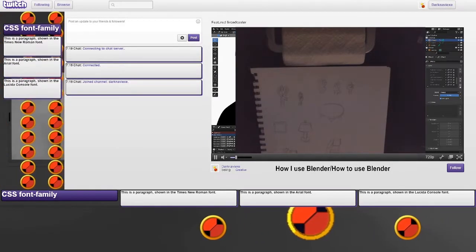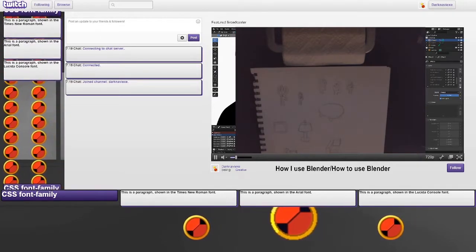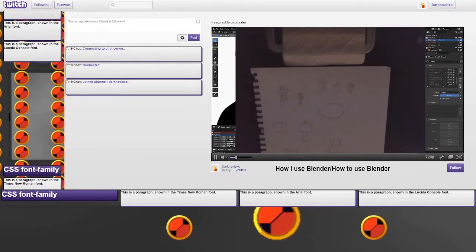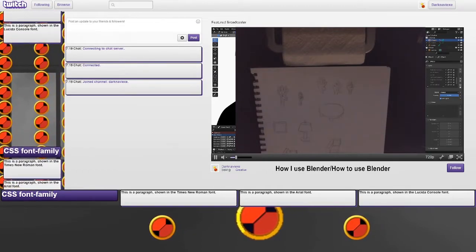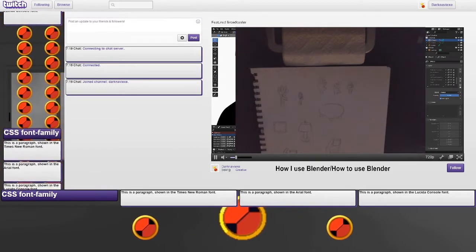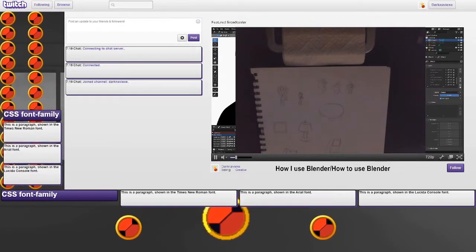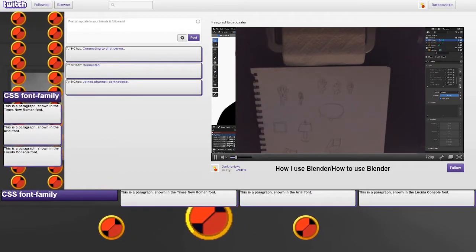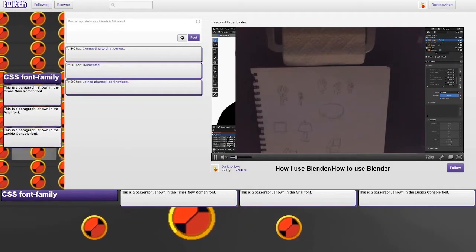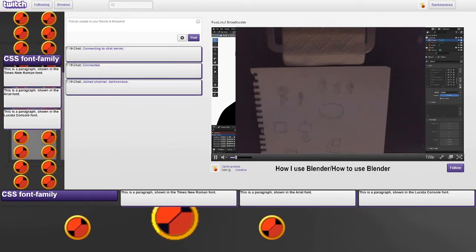Here it is. Update time. You might notice something's a little wacky with this layout. I've been playing around with CSS a little bit. All of these are browser sources. That is,